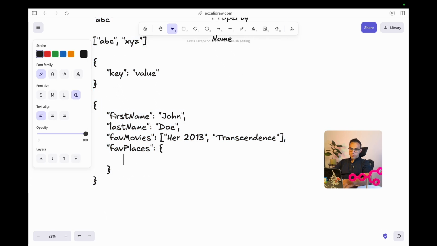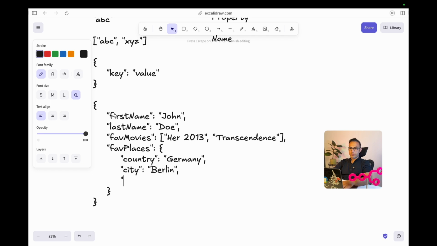So now I'm going to capture John Doe's favorite places having the following attributes. Country, for example, Germany, and city, Berlin.